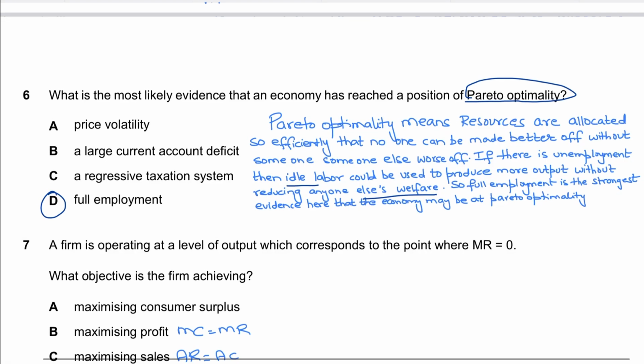The reason I am saying this is that you have to think of Pareto optimality as a situation where the economy is using all of its available resources in the best possible way. That's another way of explaining Pareto optimality. You see, if there are unemployed workers who are sitting at home who want jobs, it means that the economy is clearly not using all of its labor resources efficiently. Those workers could be employed, and we could produce extra goods and services.